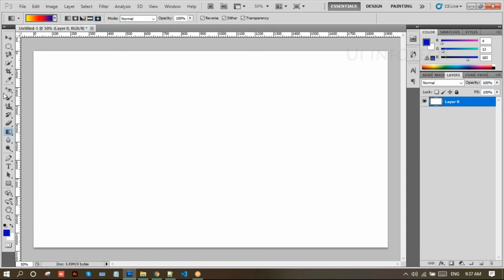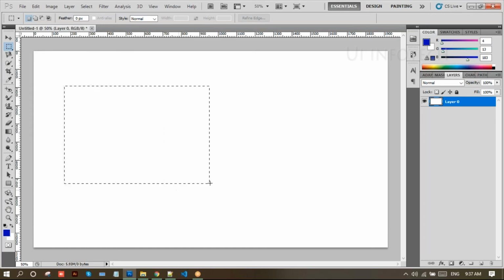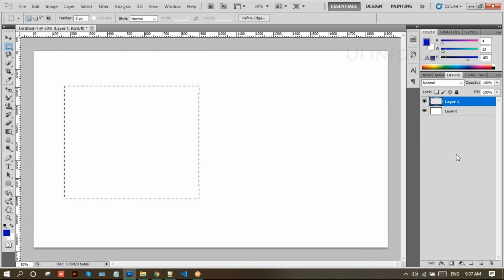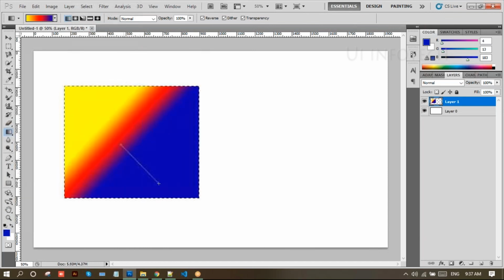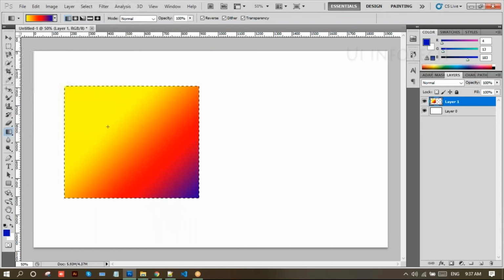If you want gradient color in the boxes, the box itself, how to apply this gradient color in the boxes? Up to now we created these boxes using this rectangle only, right? So here we can take this rectangle, take the rectangle box, make a new layer, select this gradient color, and just drag on this box itself. Look at this. So we place the gradient color over the box here. Click on Ctrl D to deselect.